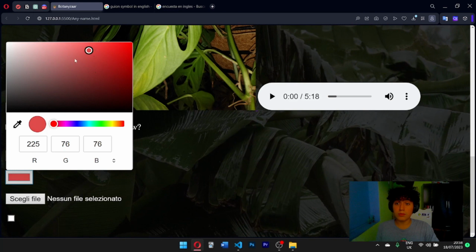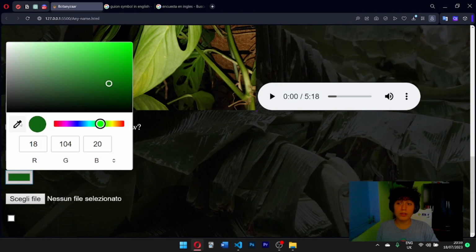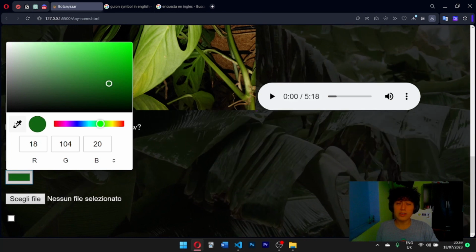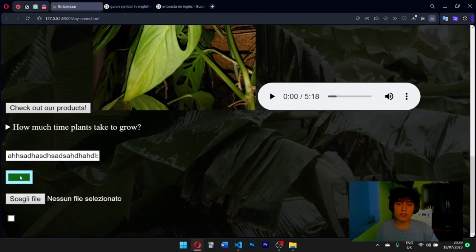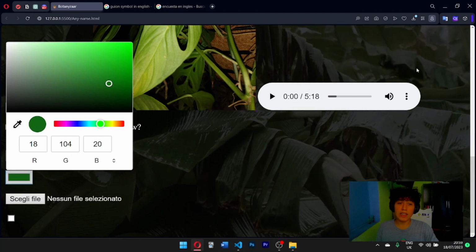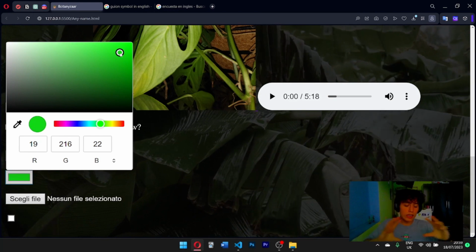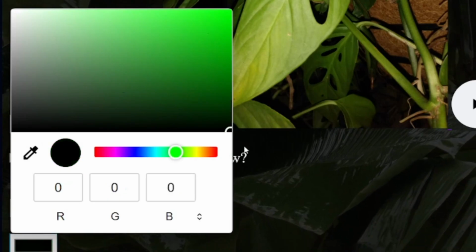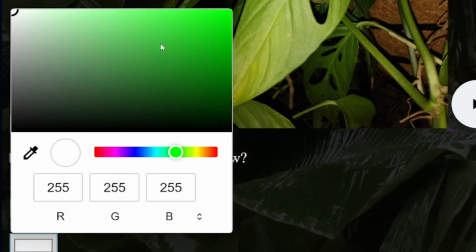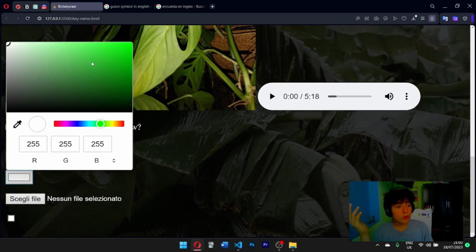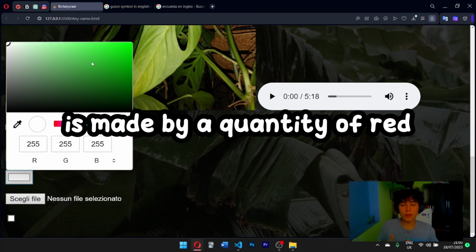This second input is about colors. Do whatever color you want. Also, you have this tool that I don't know how it is called in English, but you can pick a color of an external element. You will get these values in RGB, for red, green and blue, and the combination of them. If you go to black, you will get 000, but if you go to white, you will get 255 for each one. We can conclude that every color displayed on our screen is made by a quantity of red, green